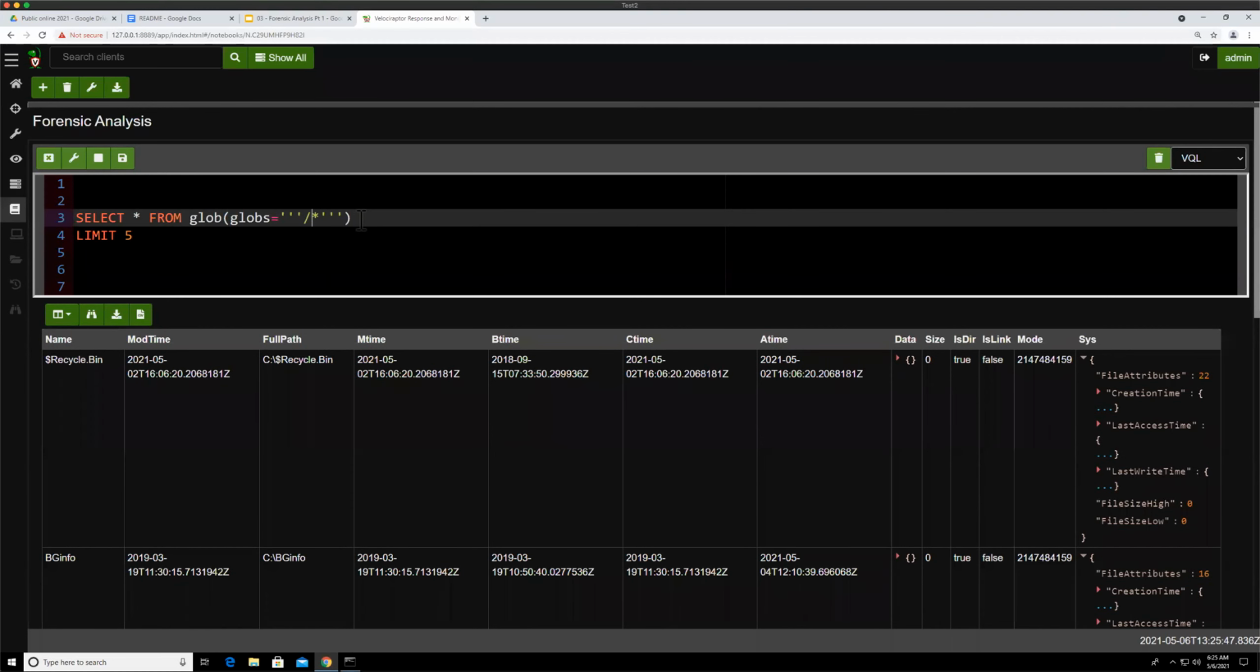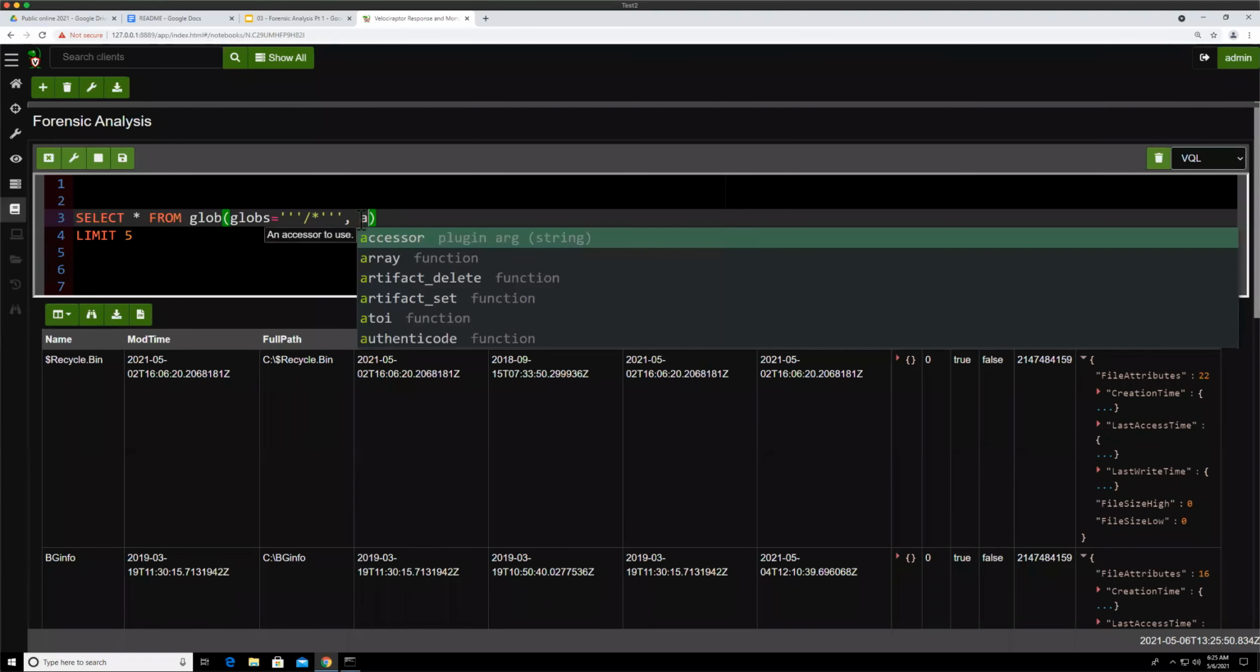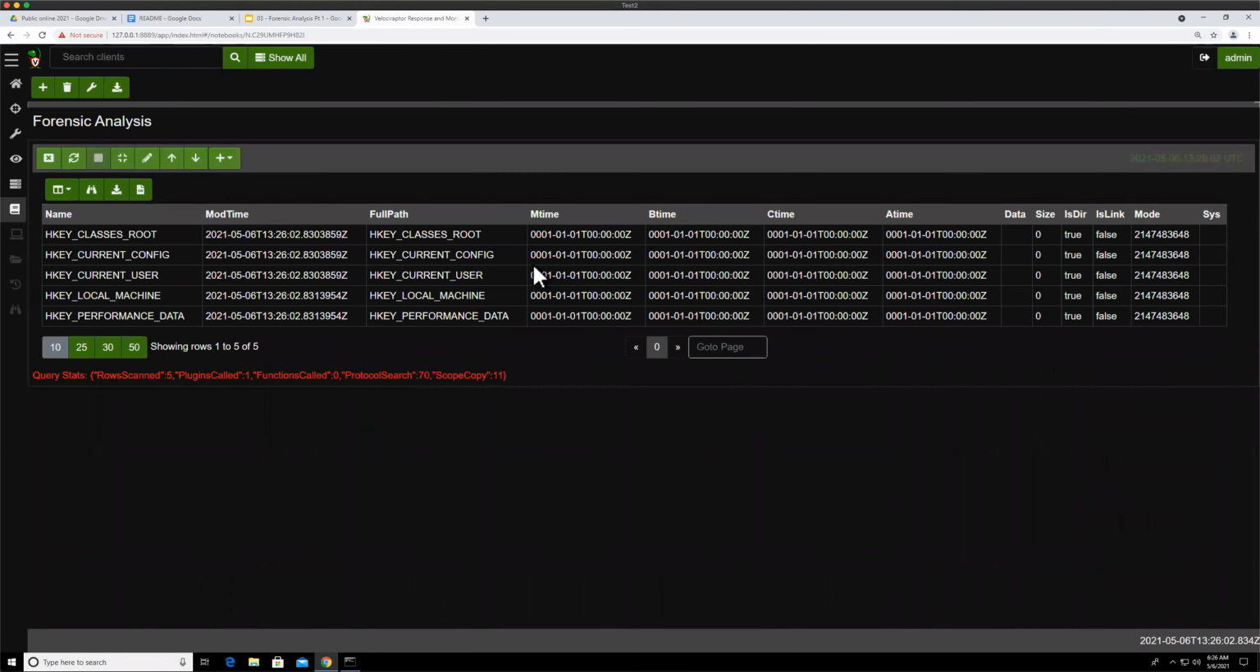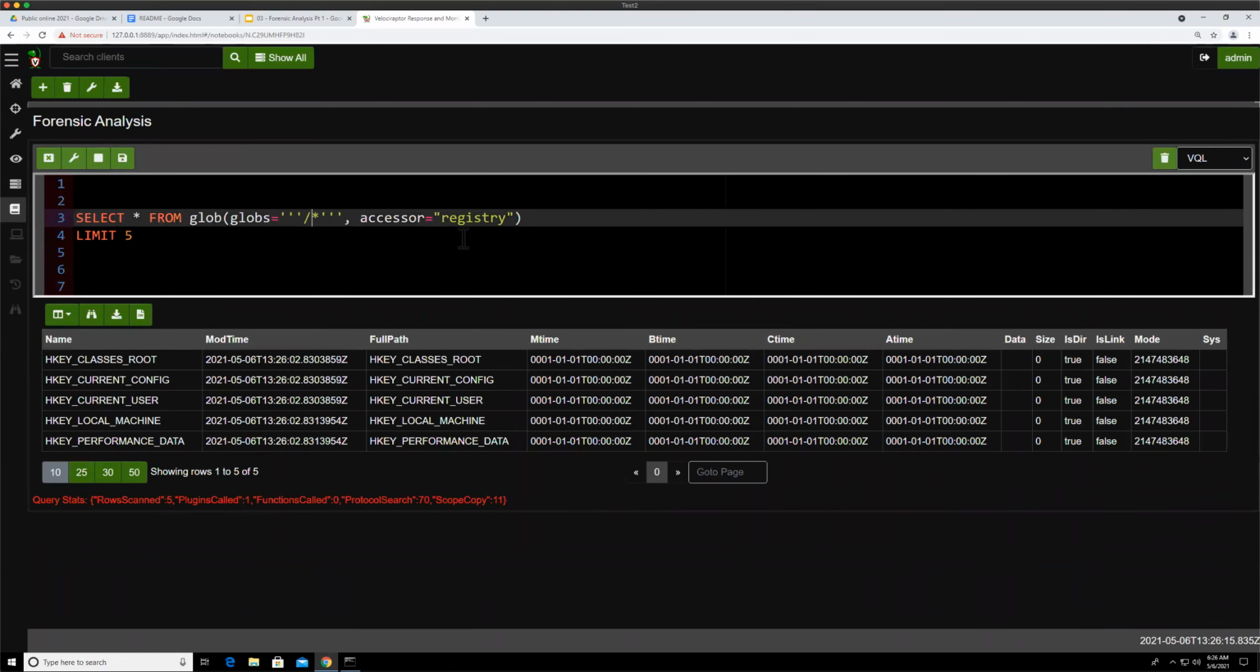What we can do is also specify an accessor. So when we specify the accessor registry, or reg if you want to type that, it's the same thing. And when we run that, the top level of the registry accessor is HKEY_CLASSES_ROOT. The top level is the hives, right? So now we can do things like /HKEY_USER